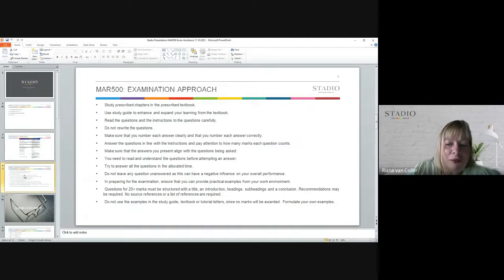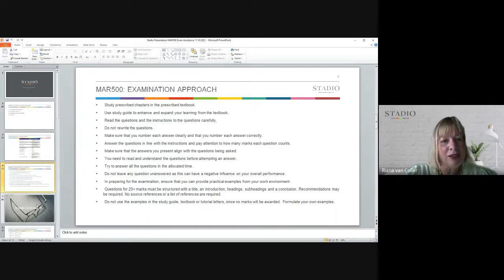We want you to apply, formulate all of your own examples, especially at your level. It's going to be very, very important that you do accordingly. And remember, with marketing, when you apply it, you might interpret certain aspects differently from the next marketer. But what is important is that you do apply, and that you apply in accordance with your textbook and as you would understand it, and do give examples. Okay, very, very important, and applications.